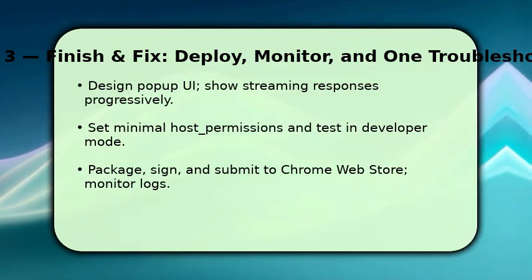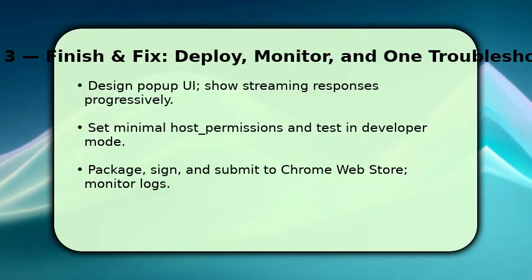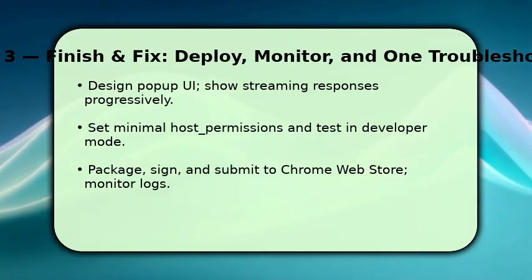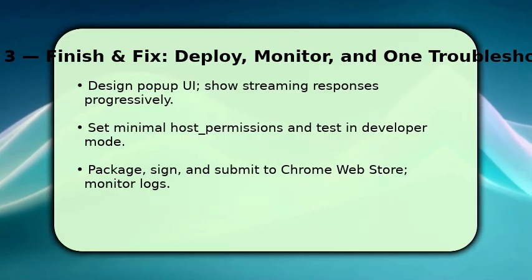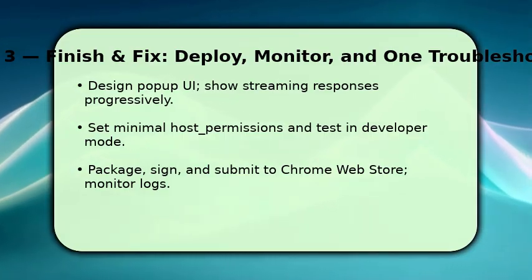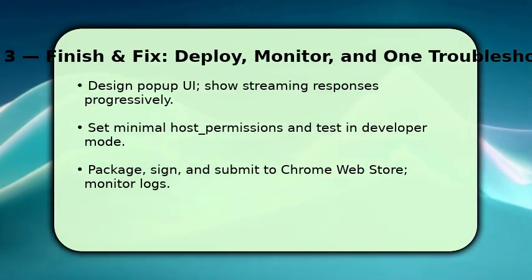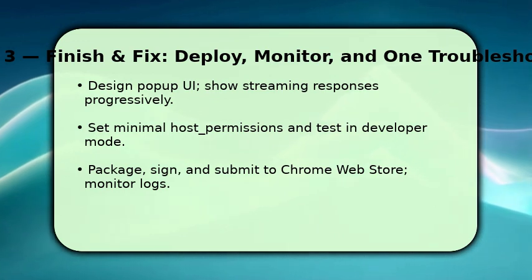Then refine manifest permissions, request the least privileges, and test thoroughly in Chrome developer mode, checking console logs and network calls. Once stable, bump the version, package the extension, and submit it to the Chrome Web Store following their policy